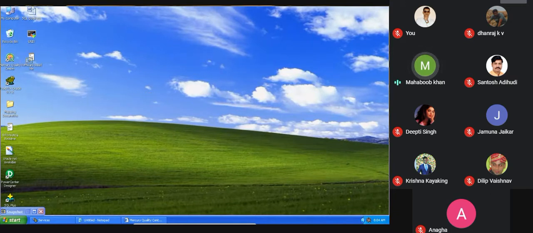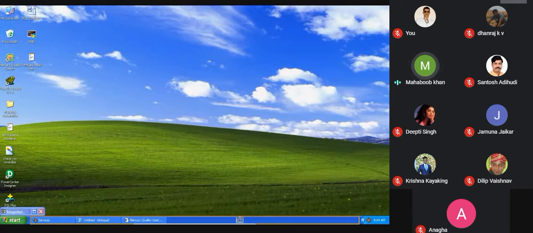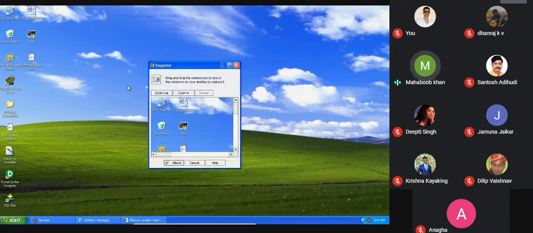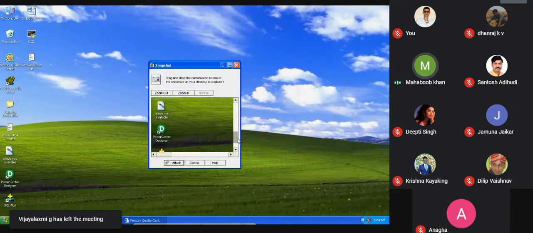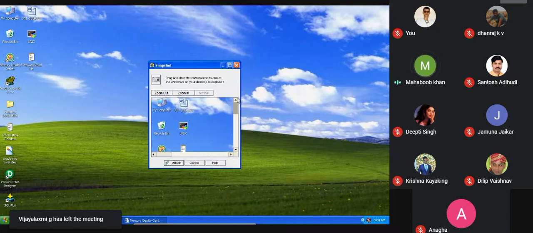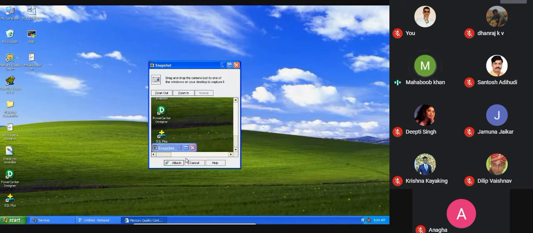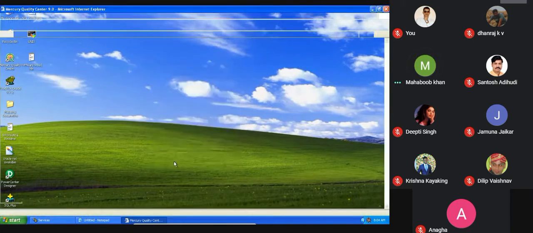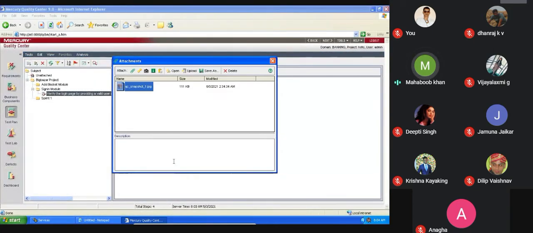If I want to take the screenshot of only this part, I can. Let me release this. Once I release the left mouse button, it has already been captured and attached. Once I attach this, it is taken here.